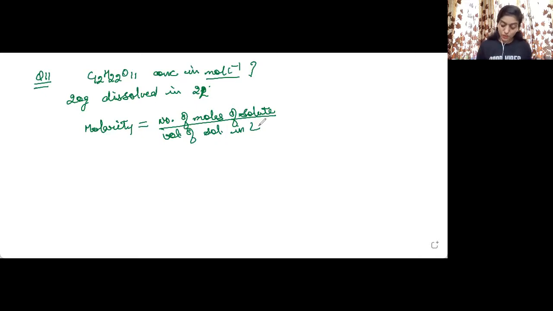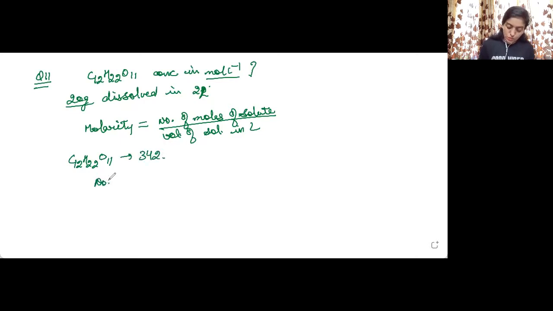Already it has been given. So we need to put these two values here and we will get the result. So 20 gram of sugar has been dissolved. Now we need to find out what is the number of moles. So for knowing the number of moles, we need to know what is the molecular mass of sucrose. Because sucrose is a very common molecule, you can just memorize the molecular mass of sucrose. I hope you know now how to calculate the molecular masses. For this it is 342.